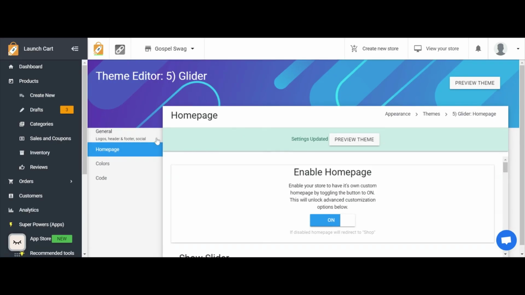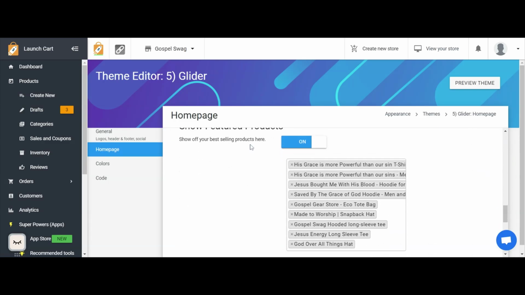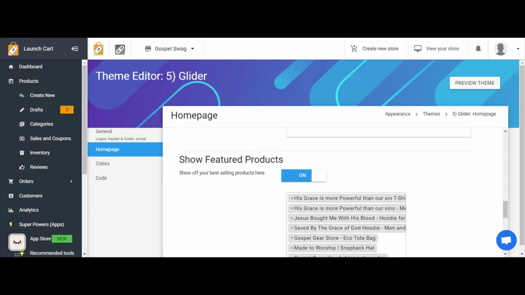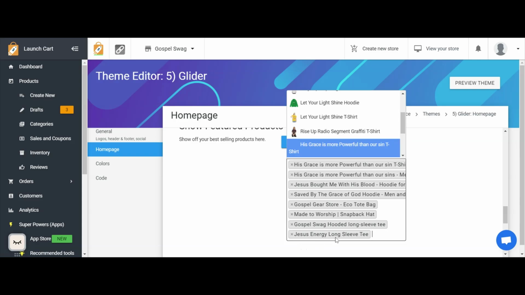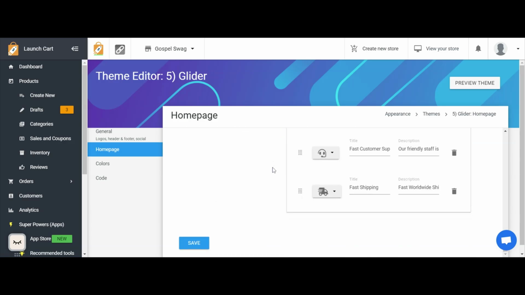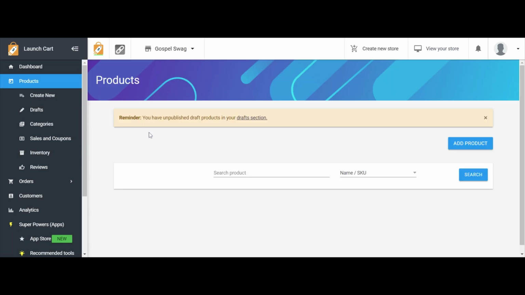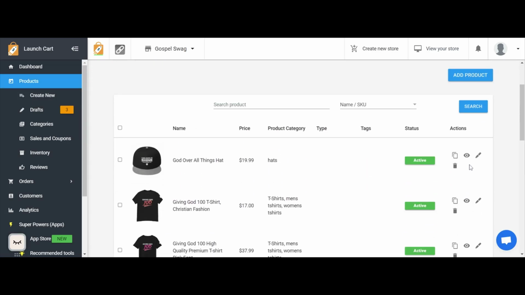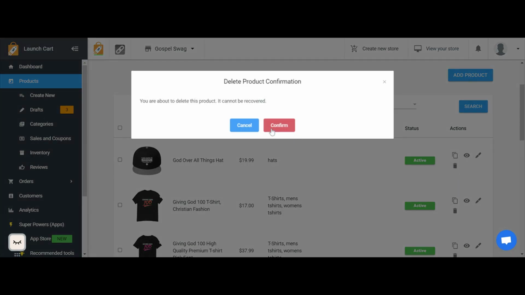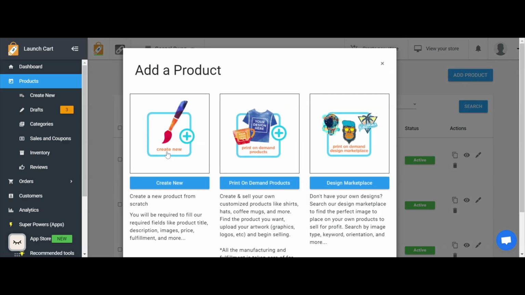Okay, let's go ahead and go back to, make sure you're on where it says home page. You want to scroll down and see where it says show featured products. You're right there. So what we're going to do is we're going to add a product. Okay, I'm going to add a product. Now you need to make sure you have the product in your store first. And if you don't know how to add a product in your store, let me see if I can help you really quick. Let me just do that for you real quick. The way you add a product in your store, you go to products. Okay. And let me delete this product and I'm going to re-add it. Okay. So I'm going to delete that product. All right. So the way you add the product, you go to add product, create new,